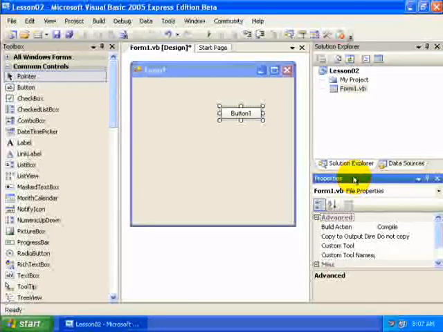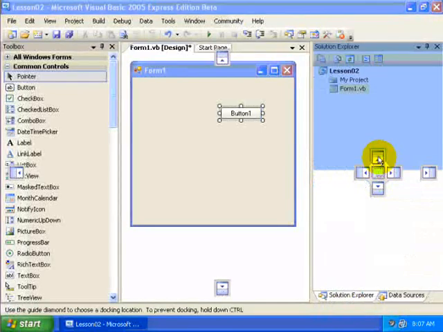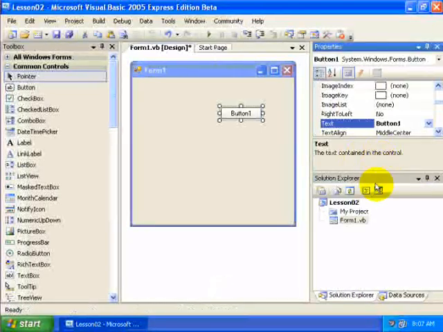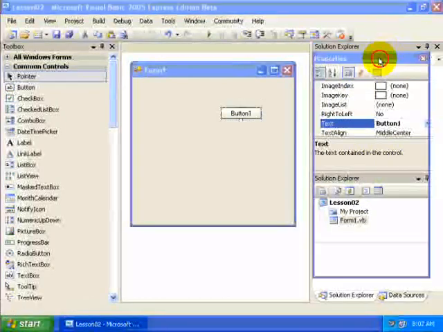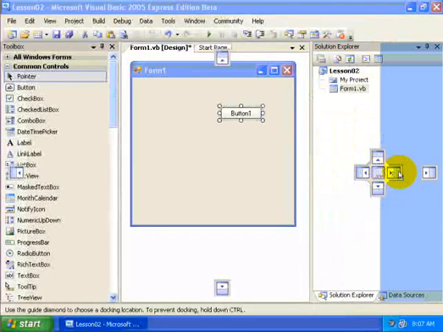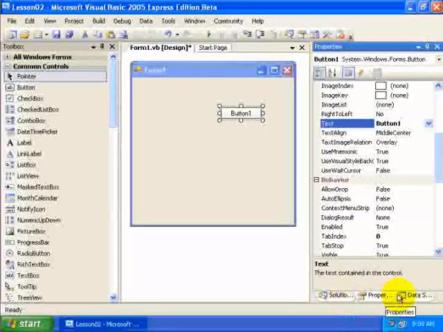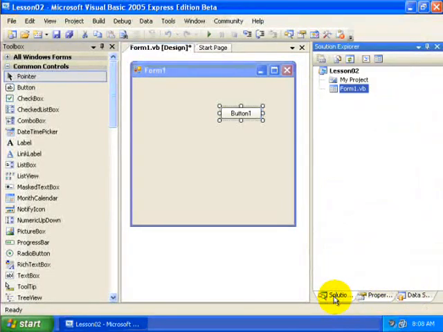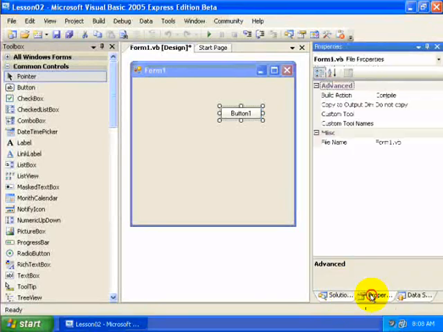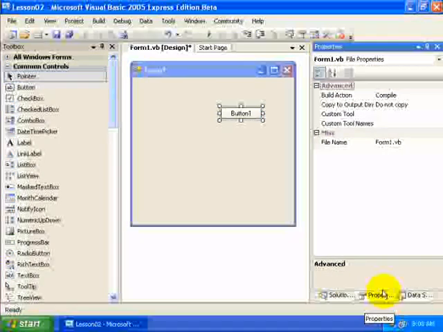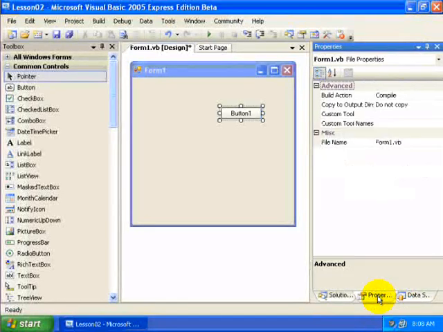and then below it I have this Properties window. Now I could rip this off as well and place it along with, whoops, I didn't do it quite right there. Let's do it one more time. I can try and place it with the rest of these windows here, and notice now that the Solution Explorer takes up the entire right-hand column. The Properties window, when I click its tab, takes up the entire right-hand column, as does the Data Sources